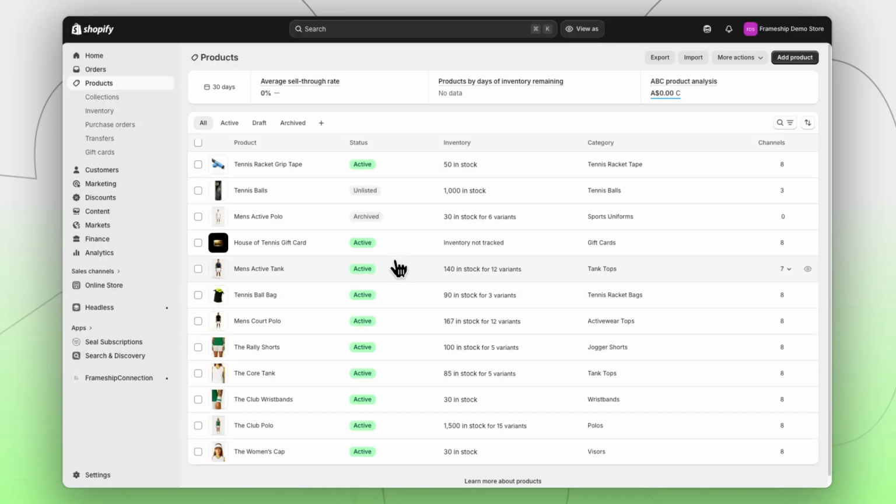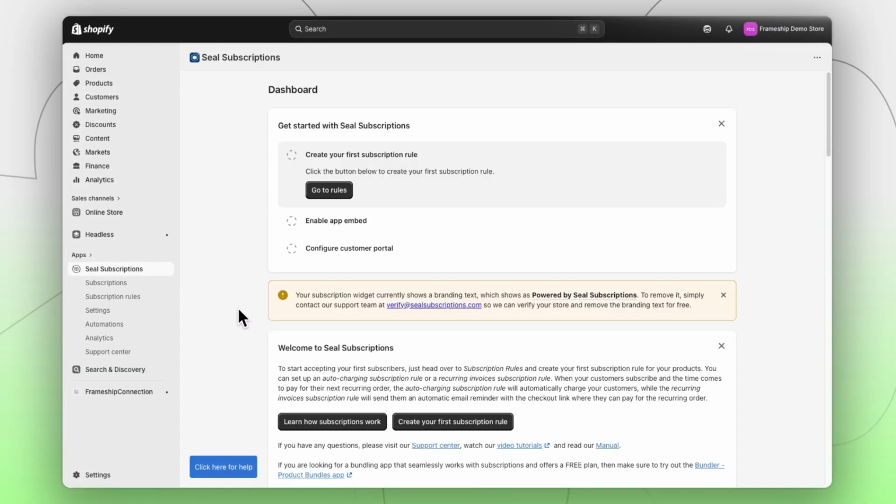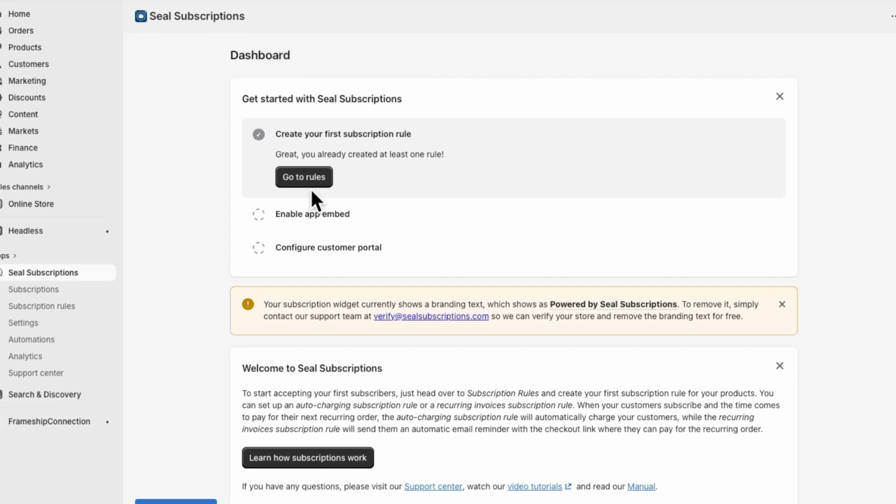Let's go. First, we need to head into Shopify to set up our subscriptions before we pull them into Framer. We'll use the Seal app today, but there are other subscription apps inside Shopify that you can use. So if we head into Seal and we go to Rules,